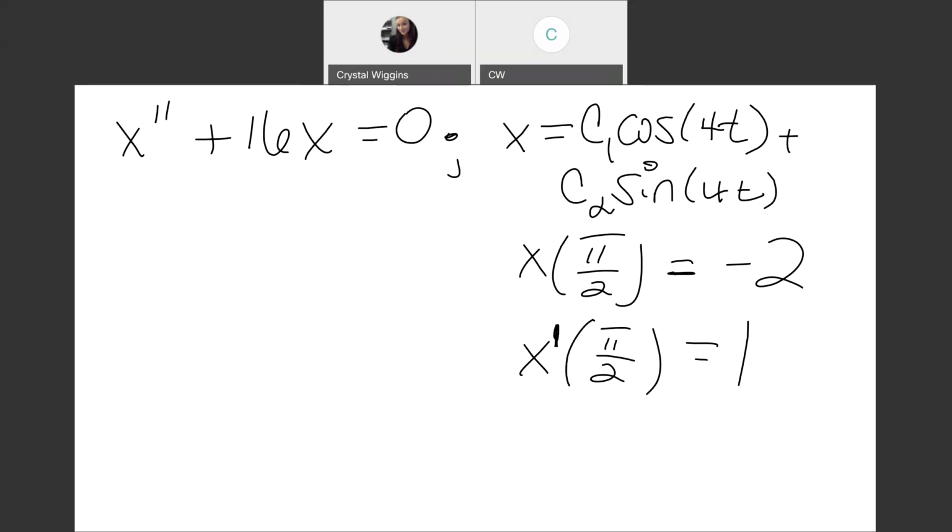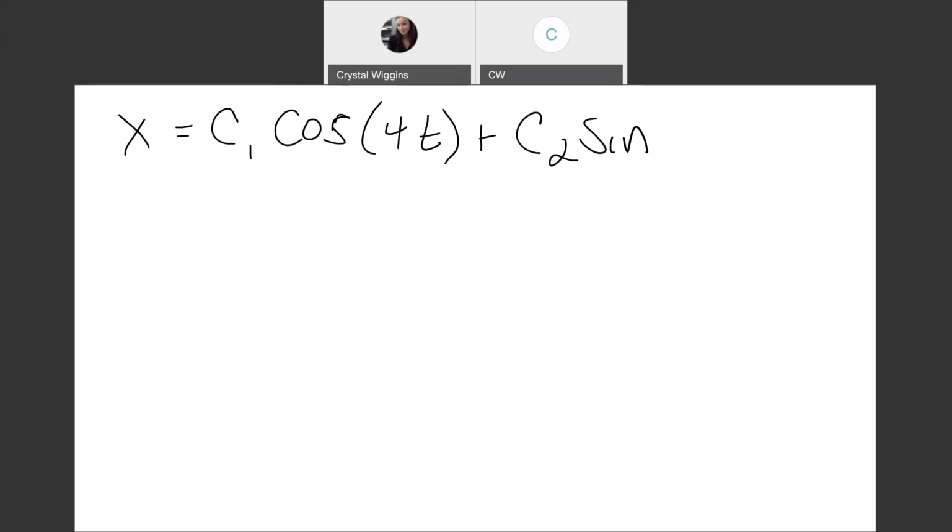So let me clear this out real quick. So what we're looking at is x equals c1 cosine